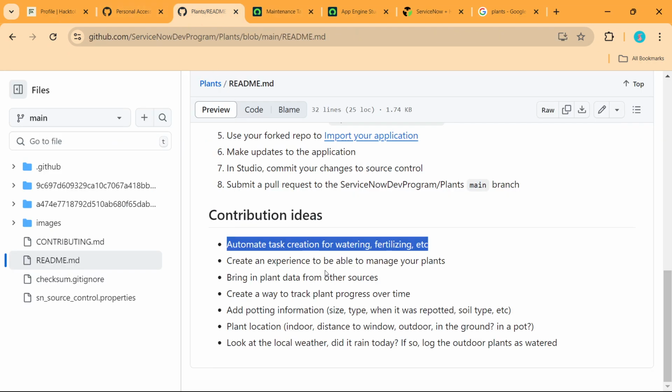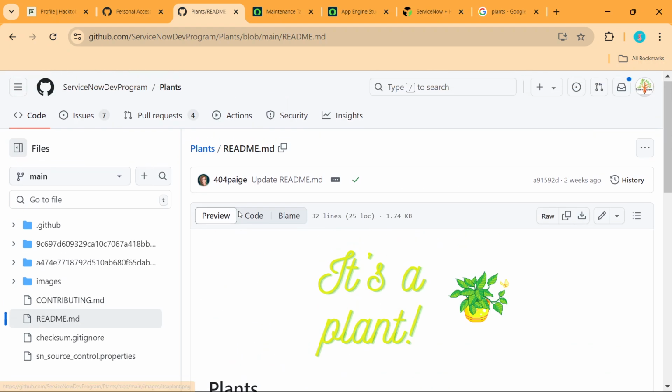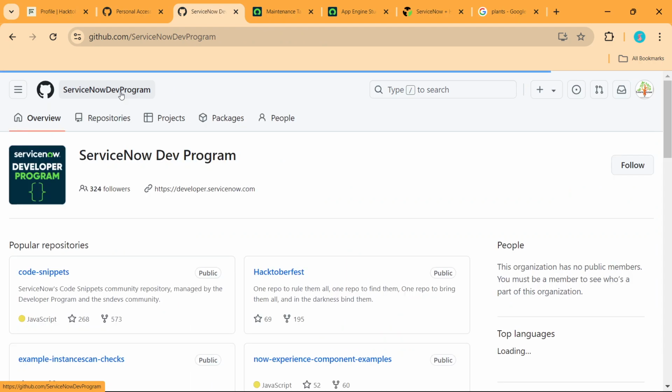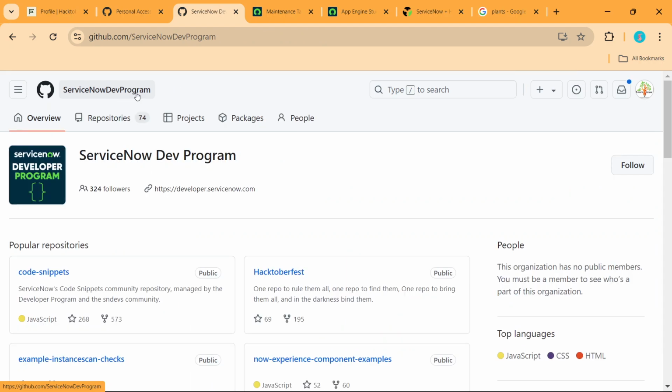So in this part, you can do at least 4 pull requests very easily. One for the plant creation, one for the task, one for the experience. You can import the data from the Excel sheet to ServiceNow as well. That is the first part. Now the second part. Now the question comes, Atul, I'm a developer. I don't want to go to this particular part.